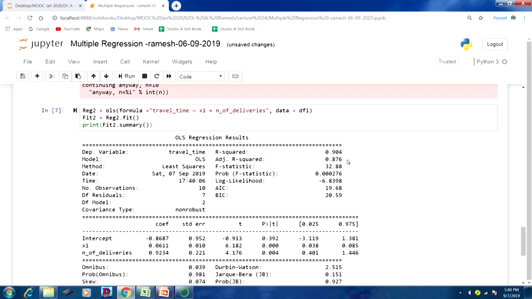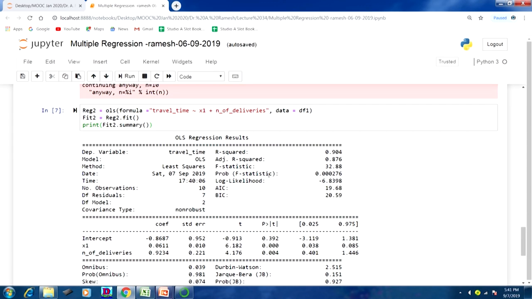There is another term, adjusted R square. This is adjusted for the number of independent variables. When you keep introducing more independent variables, we have to monitor the value of R square and adjusted R square. What will happen when you introduce more independent variables? R square will always increase, but adjusted R square will initially increase, and after a certain point it will start decreasing. That is the point where you should stop adding more independent variables. If the adjusted R square is decreasing, the new variable which you have introduced is not helping to explain the regression model. Instead, it is going to disturb the existing model. That new variable which you added is a noise variable.